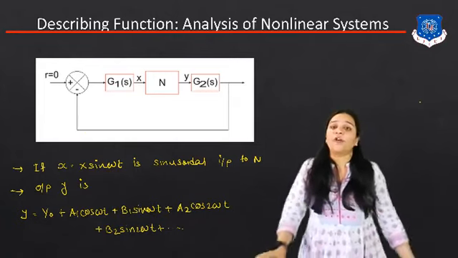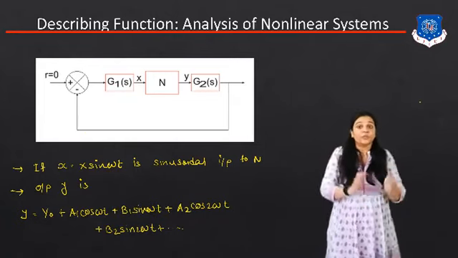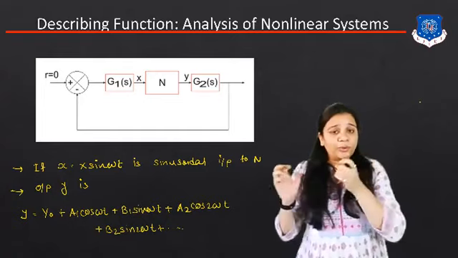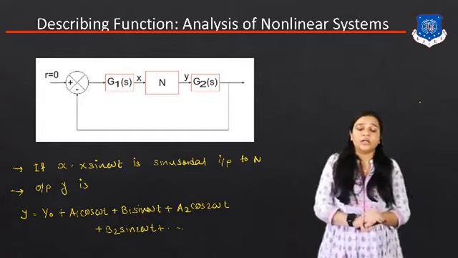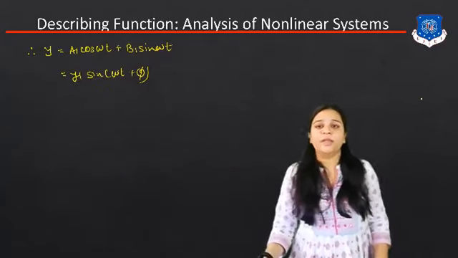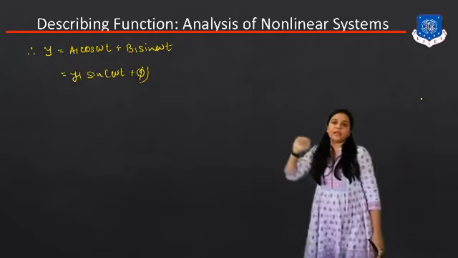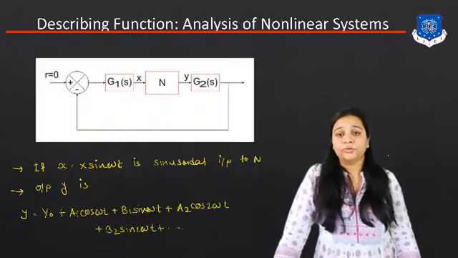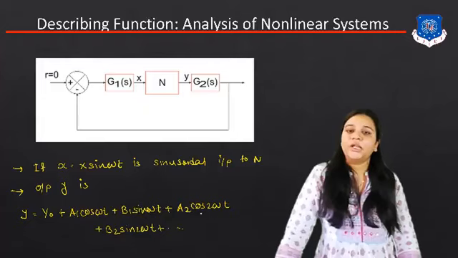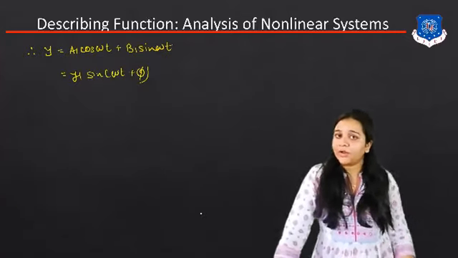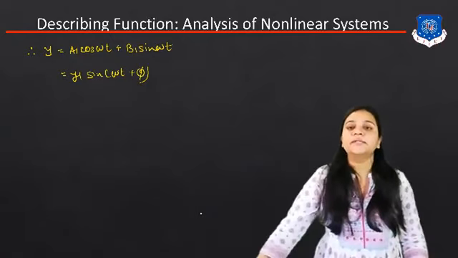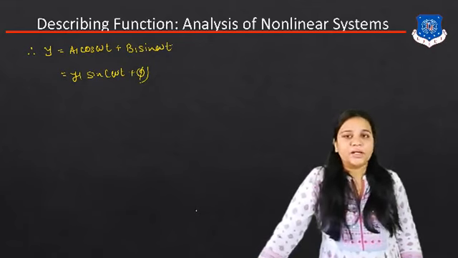Okay, now we have to find the describing function for the nonlinear system. So we have to find some general equation for the nonlinear system, and for this system, we have to consider only the low pass filter component. So our equation will become y is equal to a1 cos ωt plus b1 sin ωt. Here you know that the equation of y goes up to infinity, but we have to consider only the low pass filter component. So the equation will become y is equal to a1 cos ωt plus b1 sin ωt, that is equal to Y1 sin(ωt plus φ),